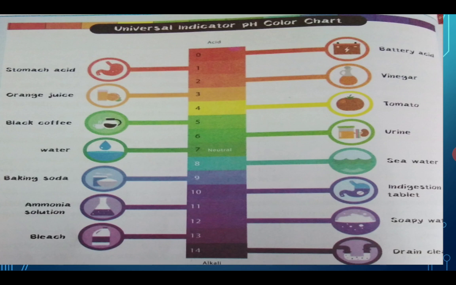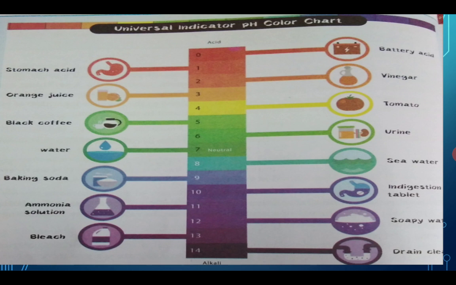Vinegar, acetic acid, the pH value is 2. Similarly, in this diagram they have given, and down if you see, even for sea water the pH value is 8. Therefore, it is basic in nature since it is greater than 7. Sea water on the right hand side, if you see, there is 7, 8,